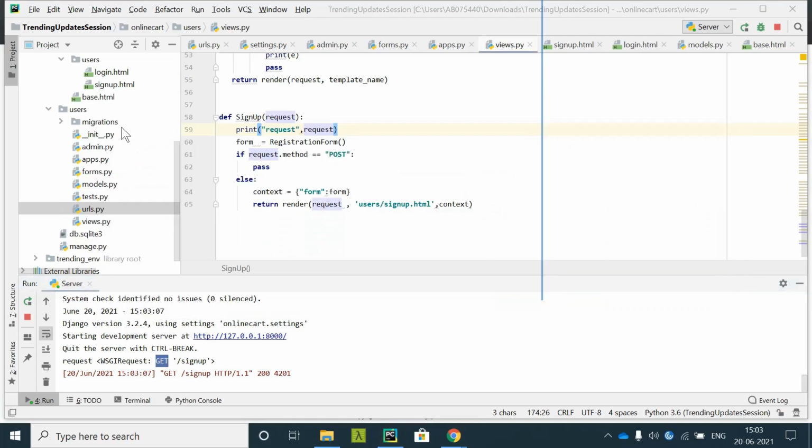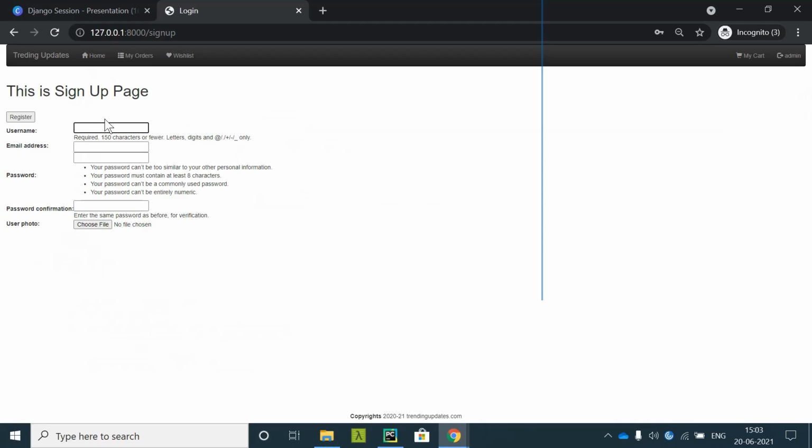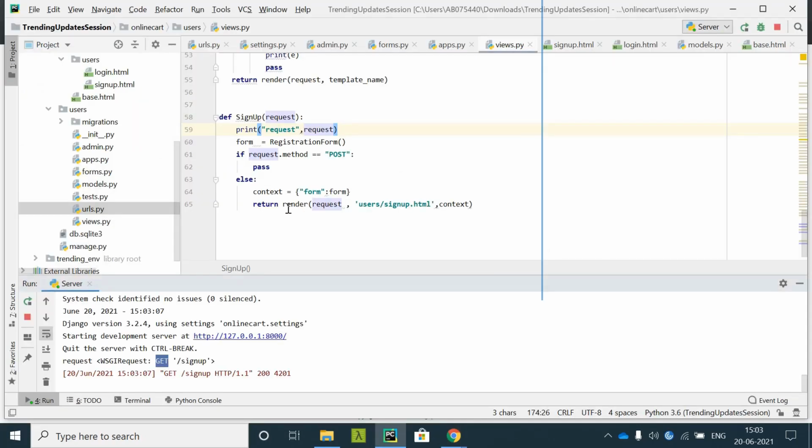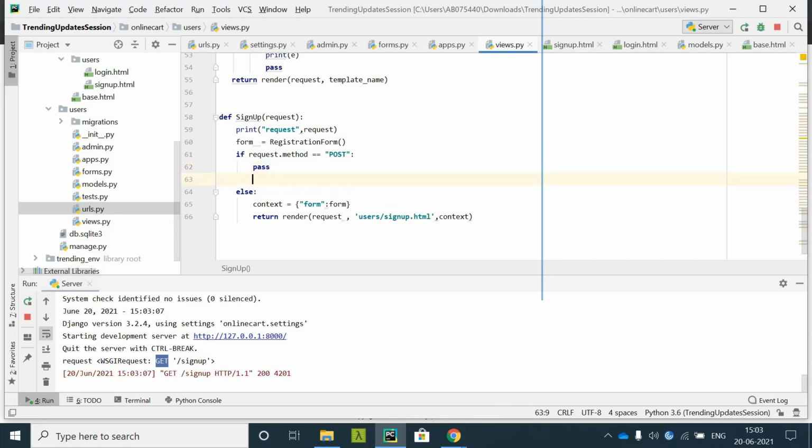Now once we submit the form after filling it out, it will throw me an error because I have not written anything. Pass, return HttpResponseRedirect and say sign up.